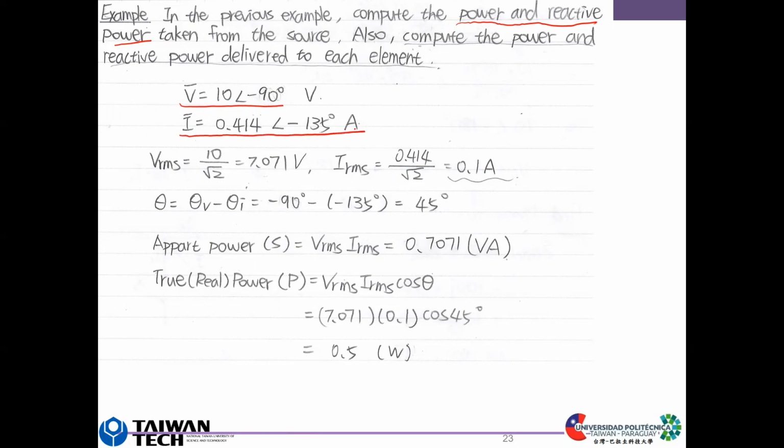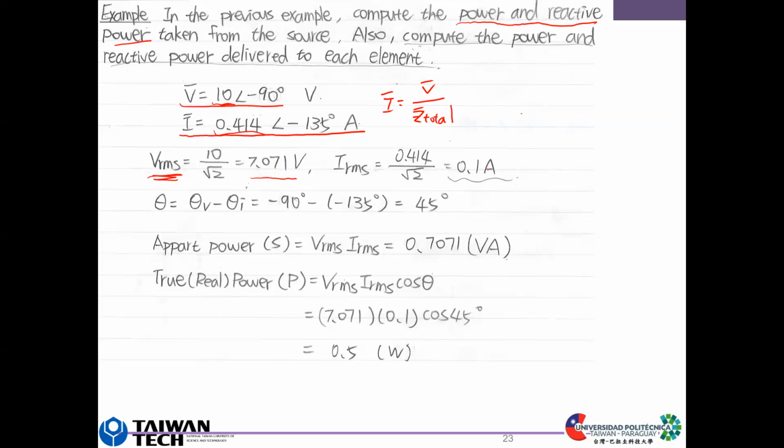Actually, we did that previously. We calculated the total impedance of this circuit, and then we apply Ohm's law. We can find its current. After we find its phasor current, because this is amplitude, if we want to calculate the RMS value, we need to divide it by square root of 2. So this is amplitude, we divide it by square root of 2, and it becomes 7.071 volts, and IRMS